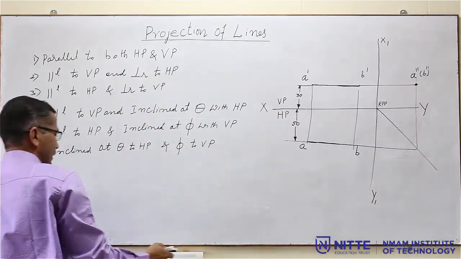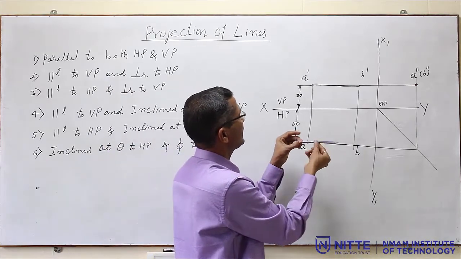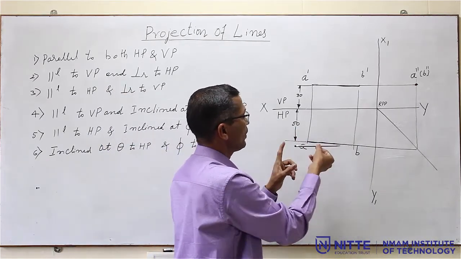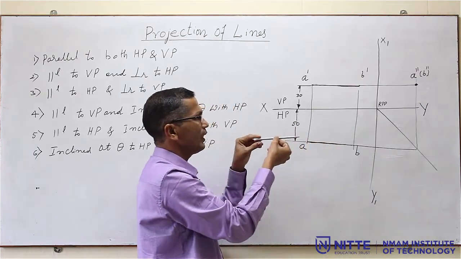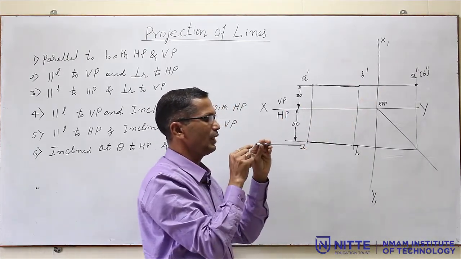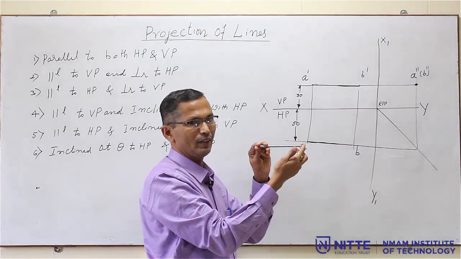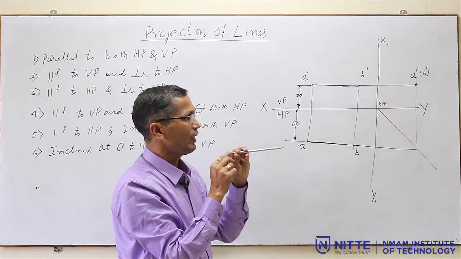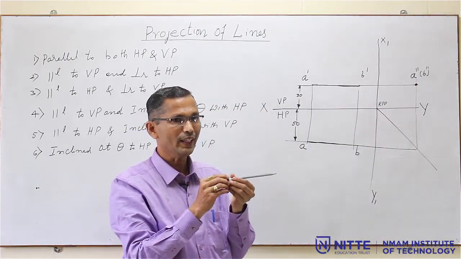Now, what is that bracket? Now, the straight line is like this. This is the top view. This end is A, this is B. I am observing from here and writing on the opposite. So, that means I can see the point A, but B is not visible to me. That is the meaning of that. If I write a point inside the bracket, that means it is not visible. It is a hidden point.